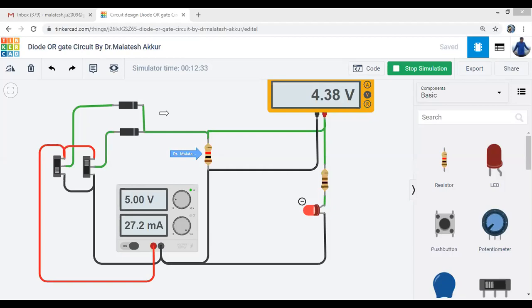They are connected in parallel. Whenever you connect components, maybe resistors or diodes, in parallel or shunt, the voltage remains the same. So in the OR gate circuit, both the diodes are in parallel, therefore the voltage remains the same. Those two will not add up. It is 0.7 only.